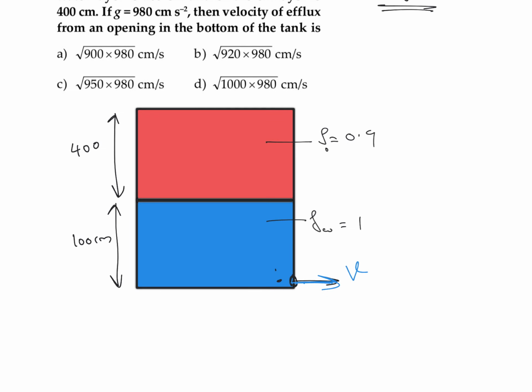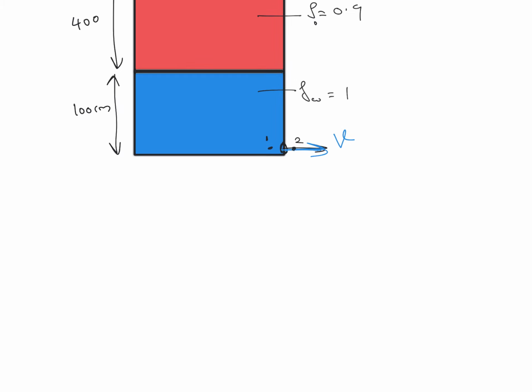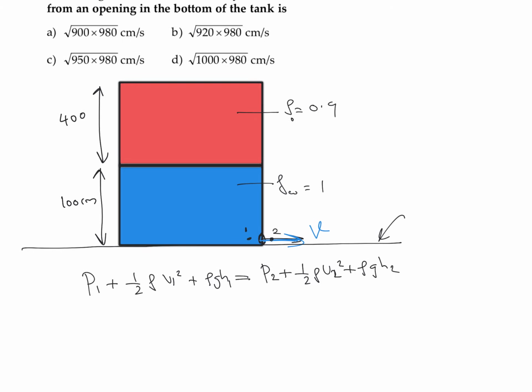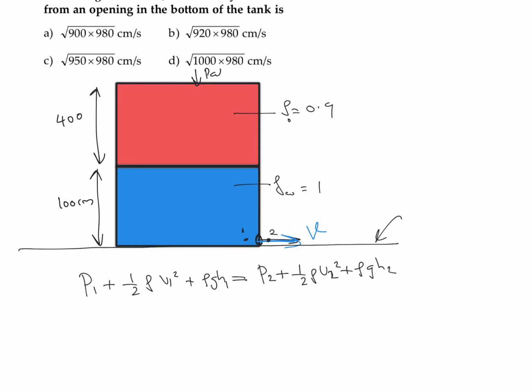Let's take one point which is inside as point 1, and the point which is outside as point 2. Between these 2 points, applying Bernoulli's theorem: pressure at point 1 plus half rho V1 square plus rho g h1 is equal to pressure at point 2 plus half rho V2 square plus rho g h2. For the gravitational potential energy, I'm taking the bottom of the container as our reference line. The pressure at point 1 is due to atmospheric pressure,